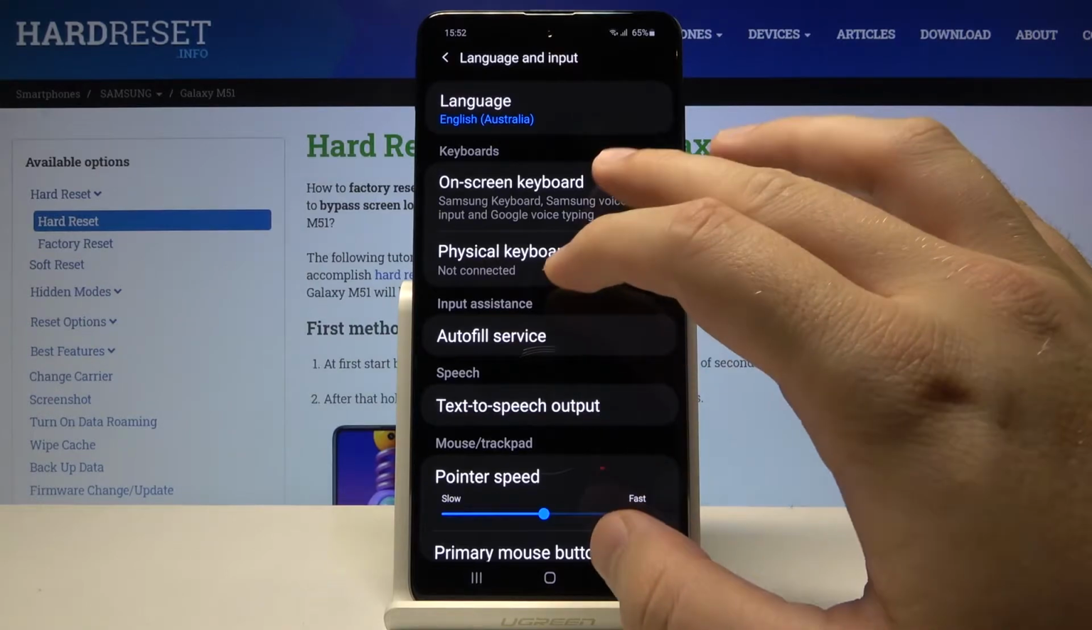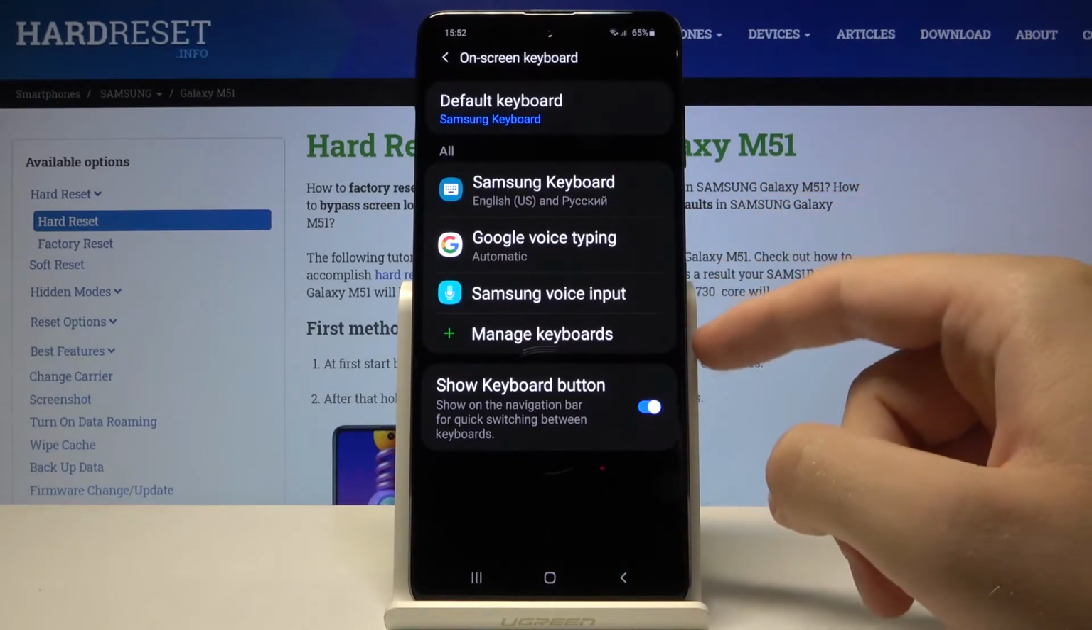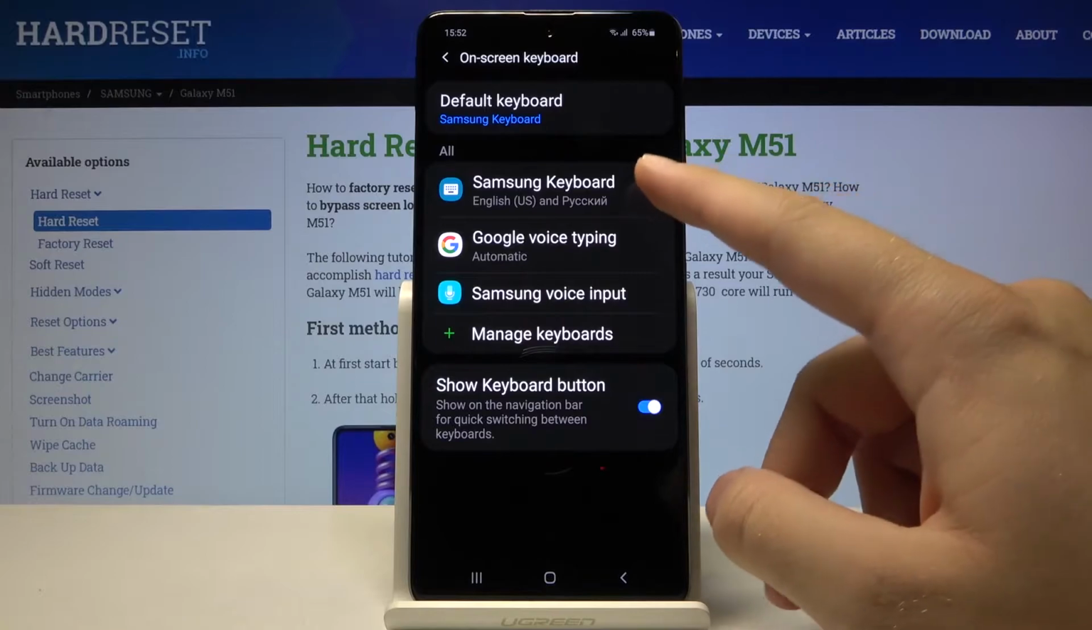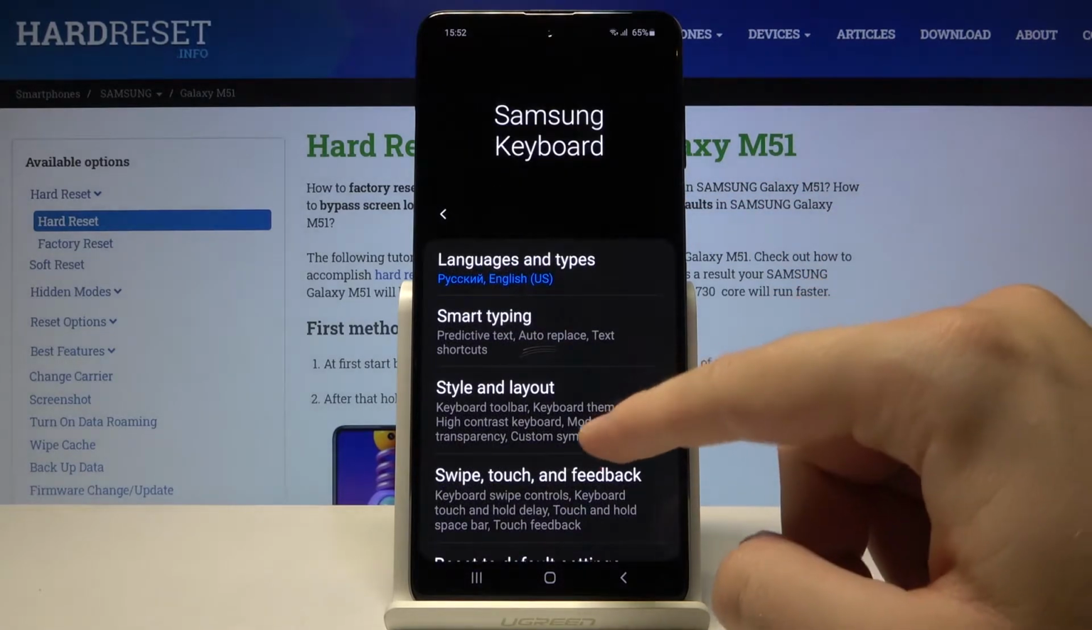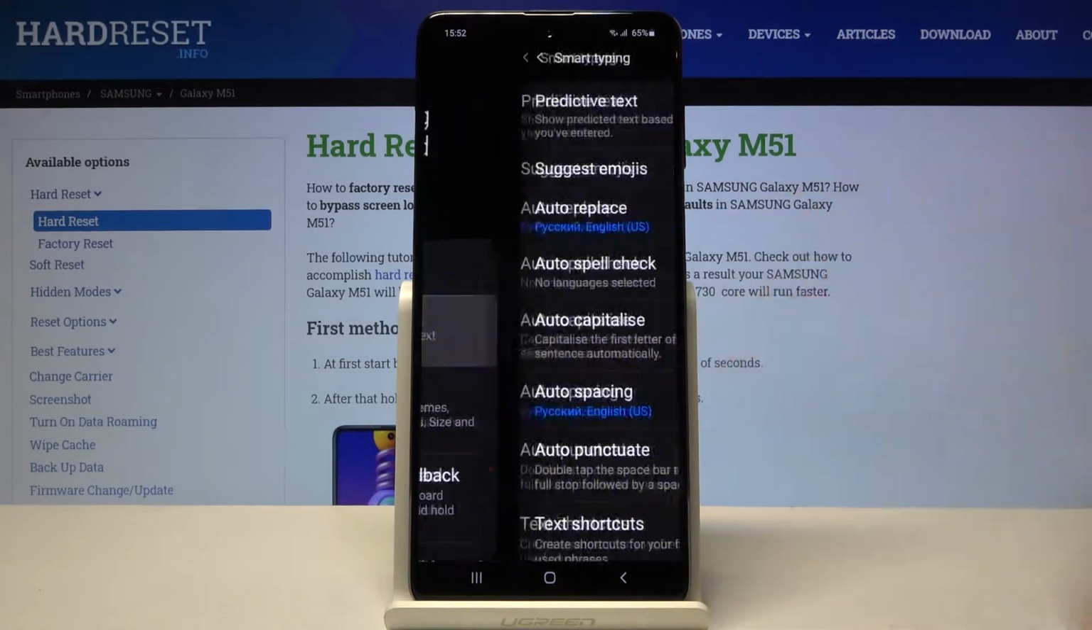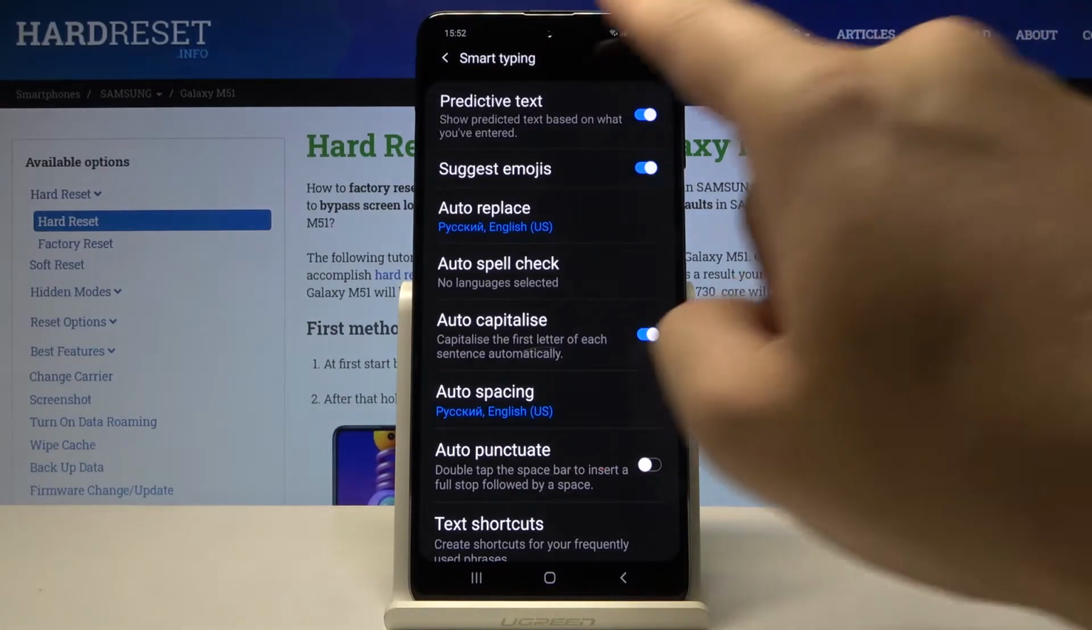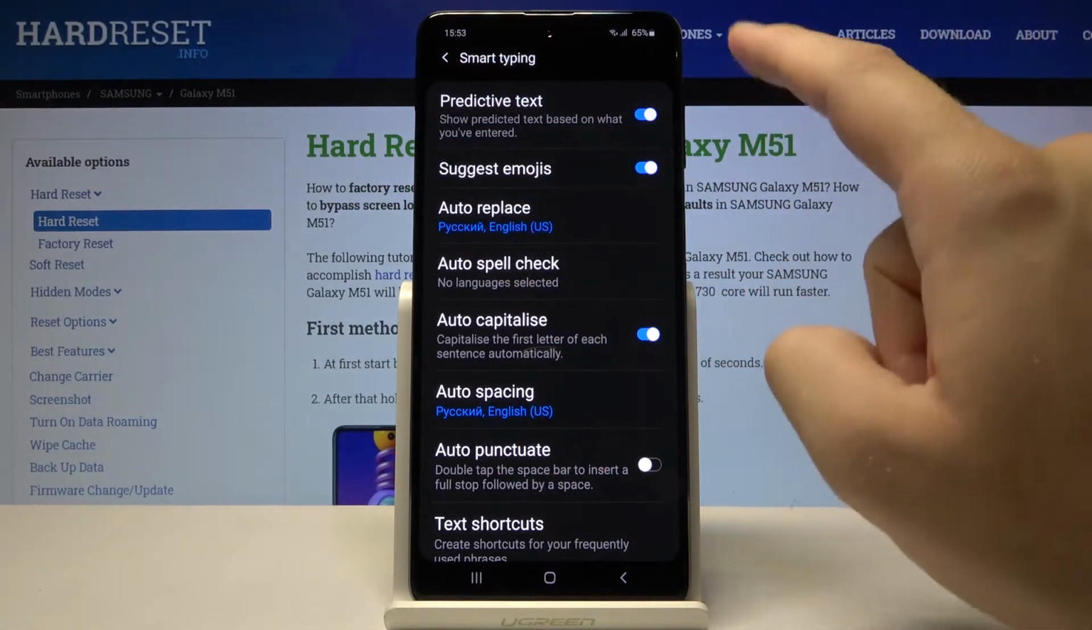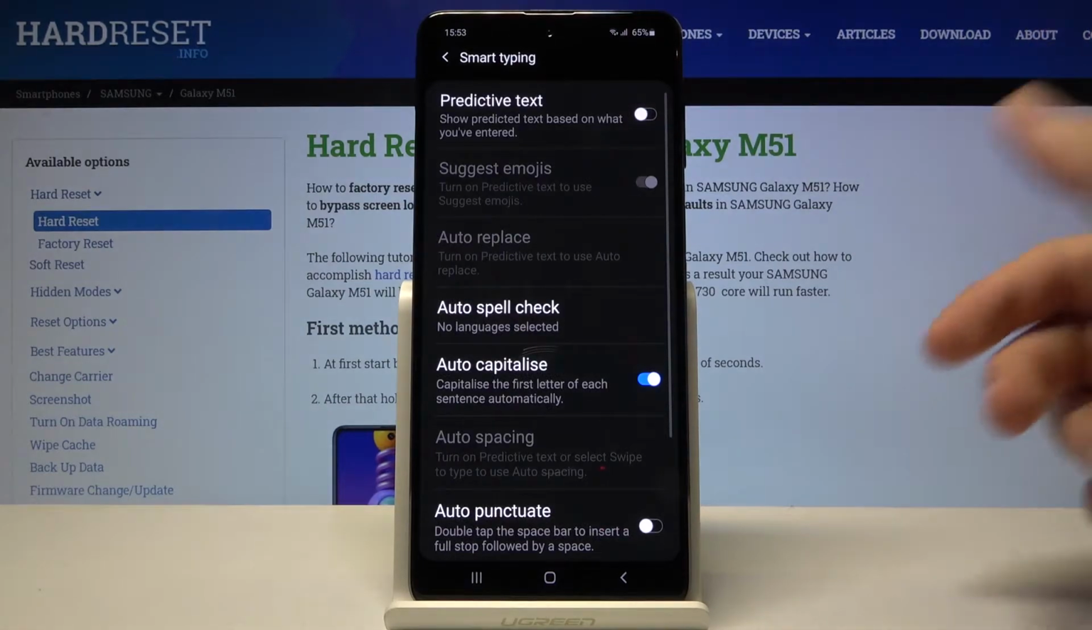Here we have to go for the on-screen keyboard and select the keyboard that we are using. So in this case we are going to use the Samsung keyboard. And here we have to tap on the smart typing, and as you can see in this place we got the predictive text. So simply we have to tap on the switcher to turn it off,